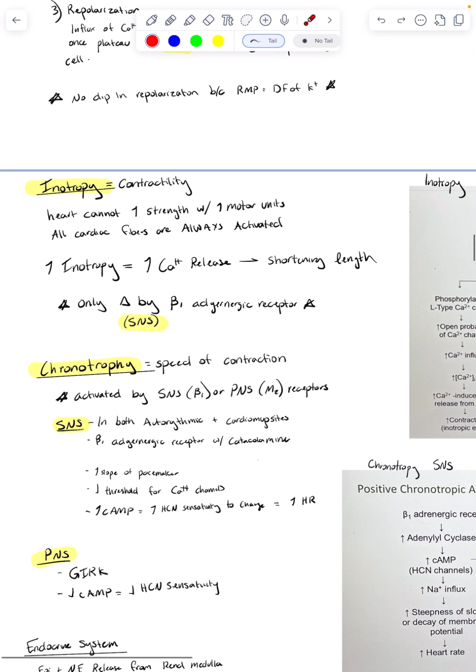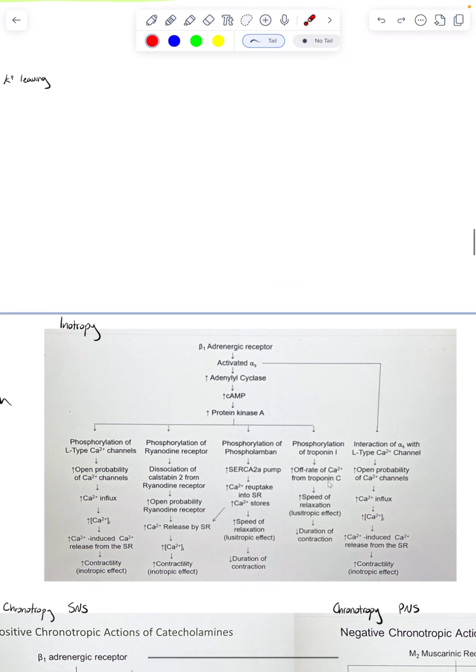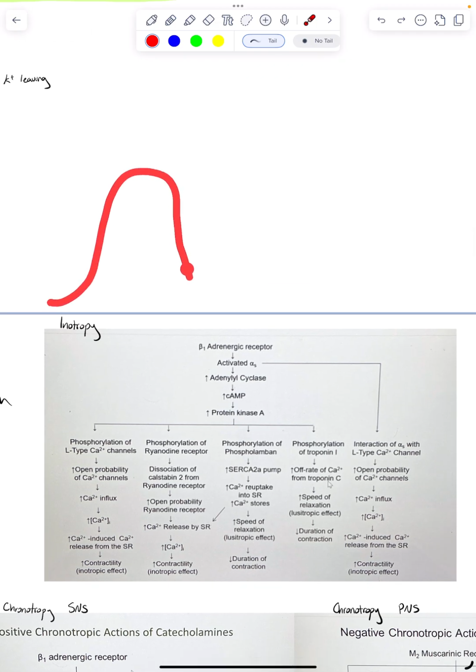And we see that in inotropy and chronotropy. So inotropy is our contractility force. So it's how strong our contractility force is. So if it's a weaker contractility force, then we're going to get, when we're doing this here, if it's weaker,